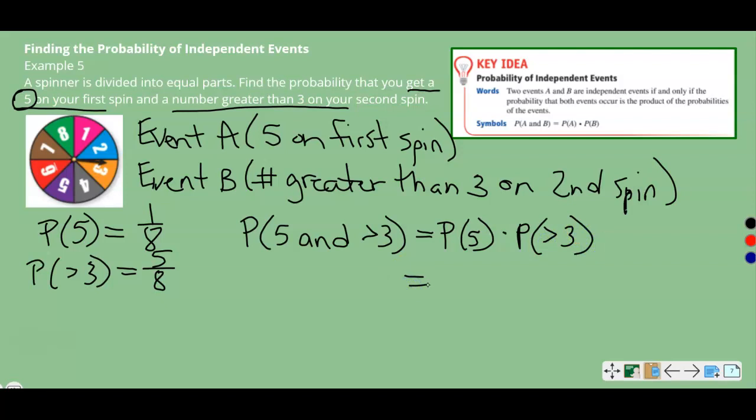So the probability of spinning a 5 the first time was 1 over 8, and the probability of greater than 3 is 5 over 8. And if we multiply those together,